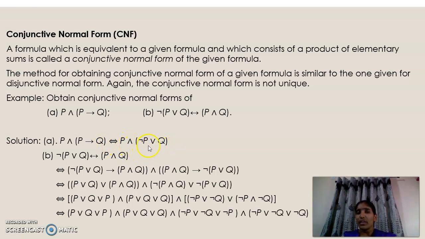This one is the product, this one is the sum. So here CNF is nothing but a product of elementary sums. Similarly, for the second one you first remove the biconditional. After that you check once whether negations are in front, and you remove them. After that you apply the distributive law until